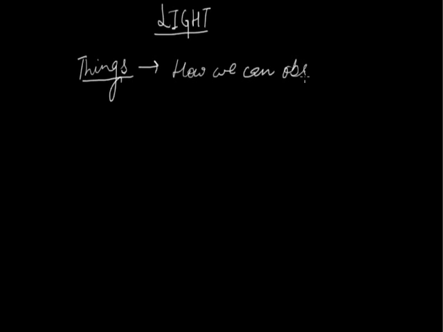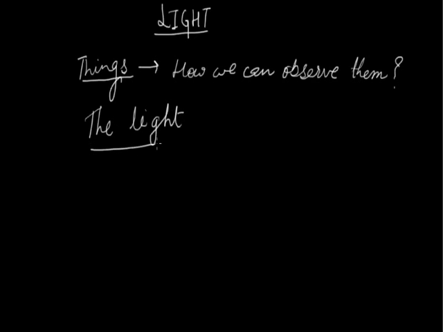From the moment we awake in the morning to the time we sleep, we observe many colorful, bright, beautiful things around us. But the question is, how can we observe them? How can we see them? As you all know, there is no direct contact between the things and our eyes we are looking at. But the light which is coming from a near or far object makes the things visible.